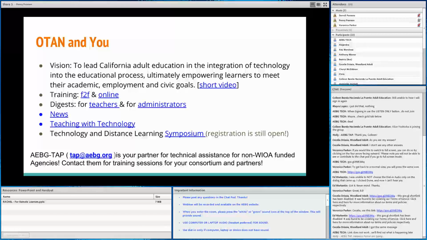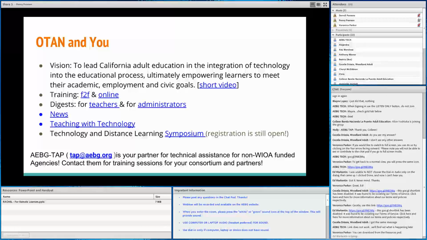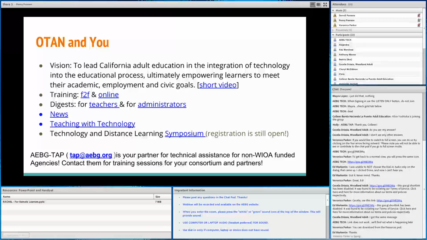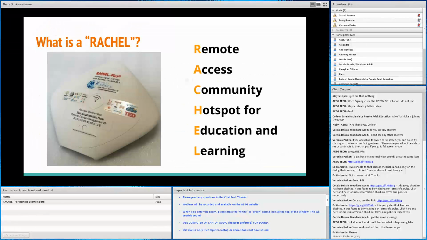So I'm getting some posts about the file being disabled. Oh, I'm sorry, Ed. It looks like your district isn't allowing it. So you can download it from the pod here on the lower left-hand corner. It is in a PowerPoint format, so hopefully you'll be able to download. If you still get error messages, let us know and we'll have to send it to you under separate cover.